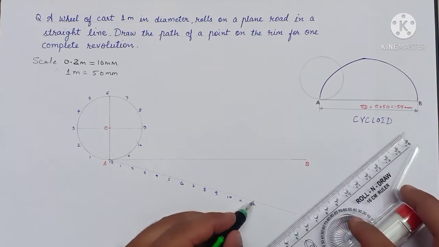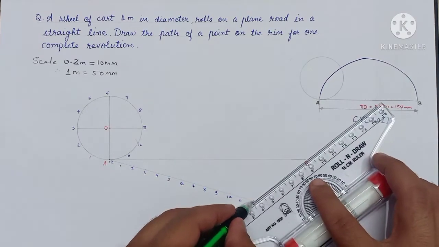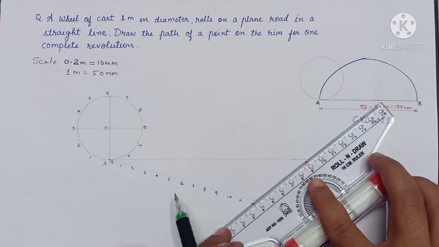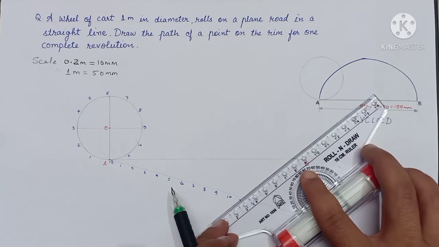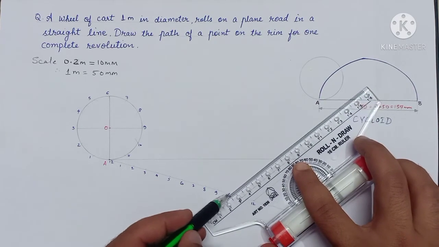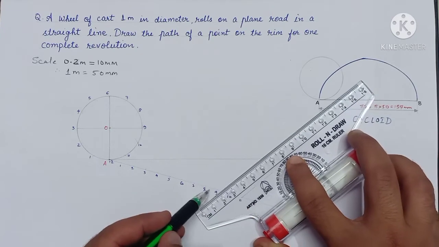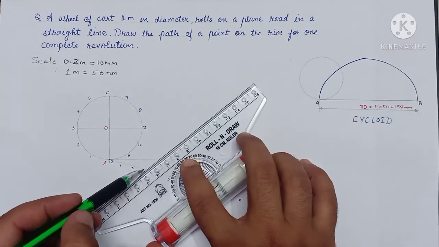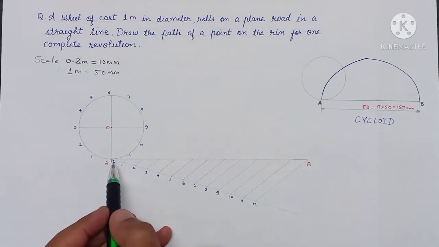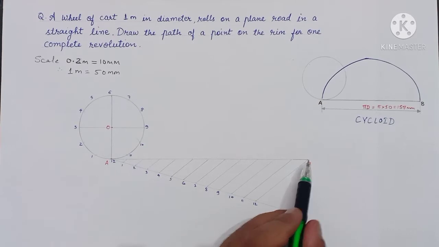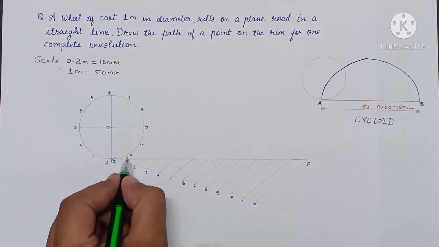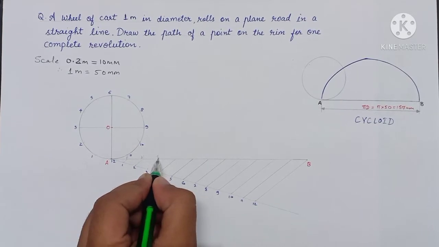Now connect the last point, that was point number 12, to B. Then slide the scale till point number 11 and draw a parallel line and continue this. So the path 157 millimeter gets divided into 12 equal parts. Give them naming 1 dash, 2 dash,